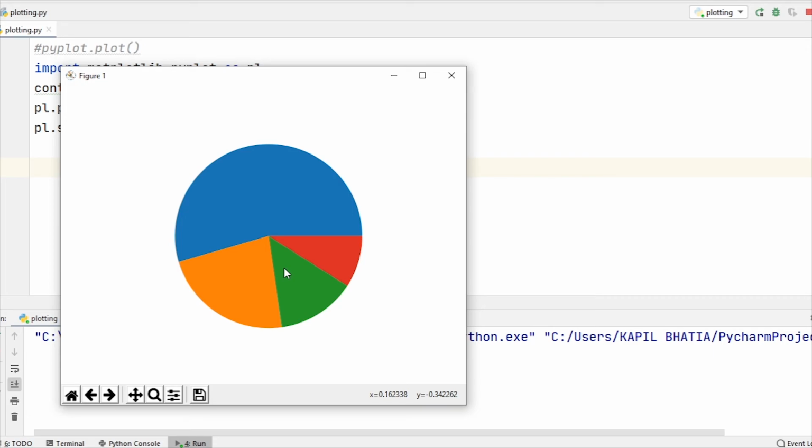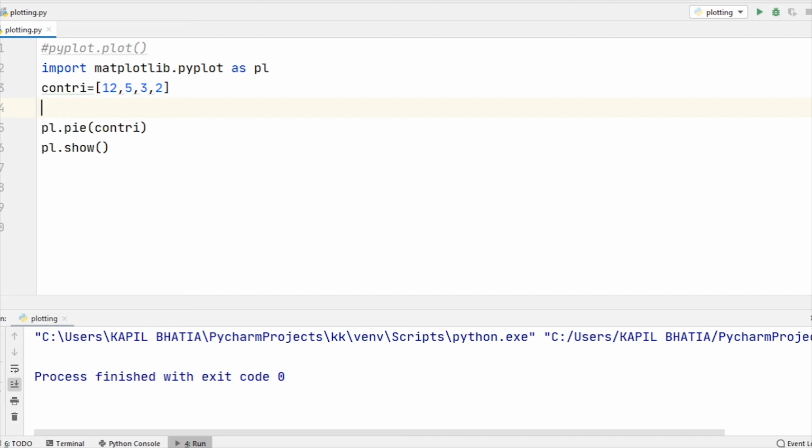You cannot make out which slice belongs to which state. So there must be a label next to each slice to make it more readable and understandable. For this, you need to create a sequence containing the labels and then specify the sequence as the value for the labels argument to the pie function. Suppose I create a list, states. The first state is UP, second state is MP, third state is AP, and fourth state is Delhi.